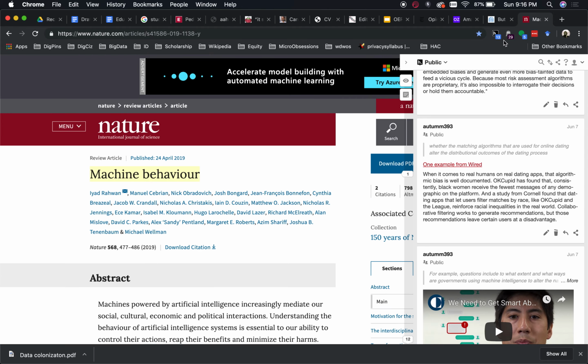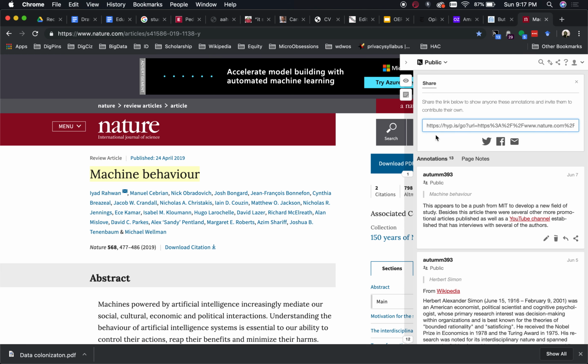So I said that I was using the Hypothesis plugin. You don't have to do the plugin. I highly recommend it because it can be a little buggy without the plugin. The plugin's also only for Chrome. So you might want to try it without the plugin, and if you're having some trouble, then maybe consider putting the plugin in. But you can also just grab a URL, and you can always tell a Hypothesis URL because it starts with